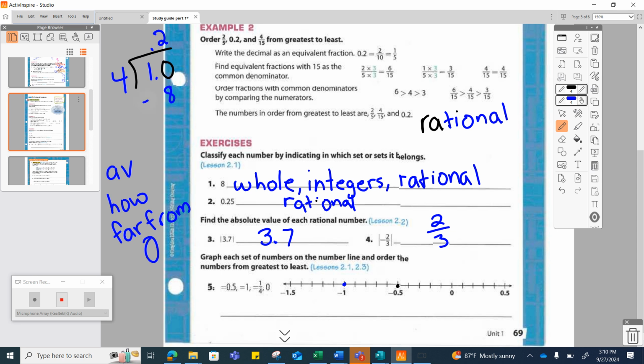Subtract, get 2, add a 0, bring it down. 4 goes into 20 5 times. So 0.25 would be right here, but they want -1/4, so